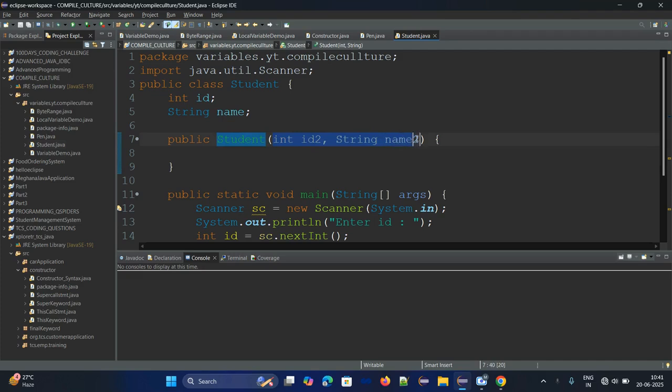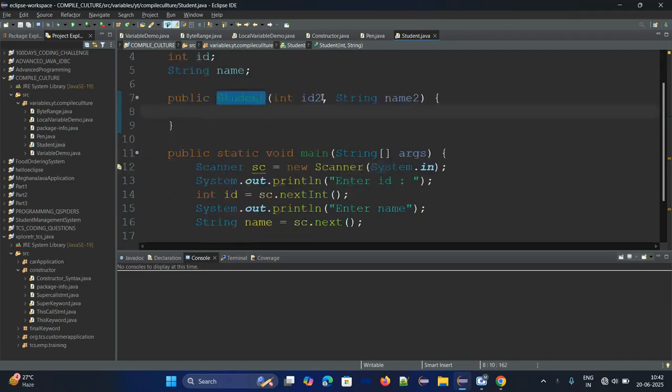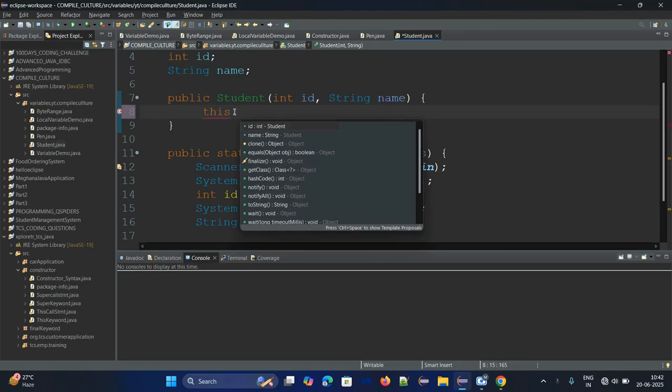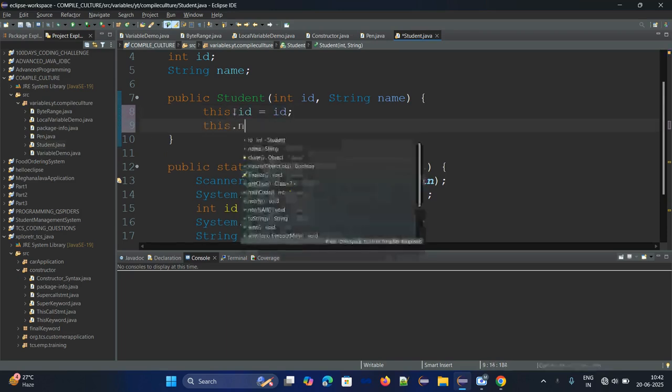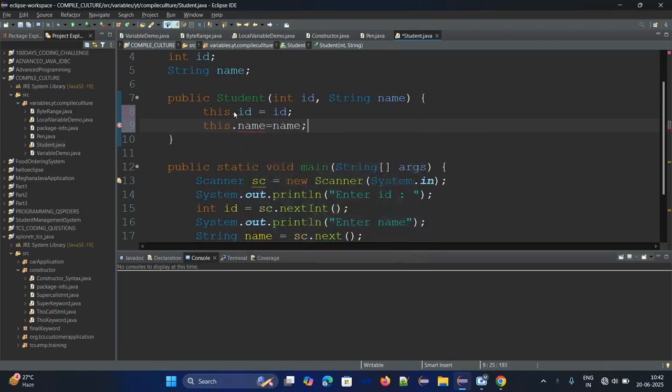Inside this, it is accepting arguments. We can give the same names also, id comma name. id1 and name2 also we can give. No problem. Everything is fine. Now, by using the this keyword, I'm going to initialize the data. this.id equal to id, this.name equal to name.